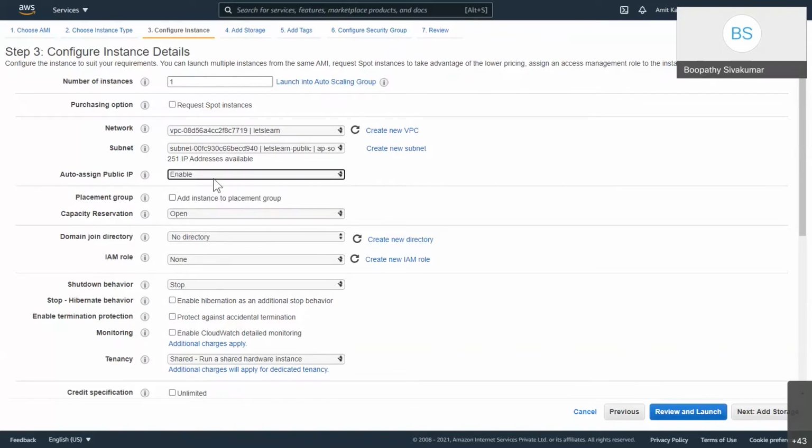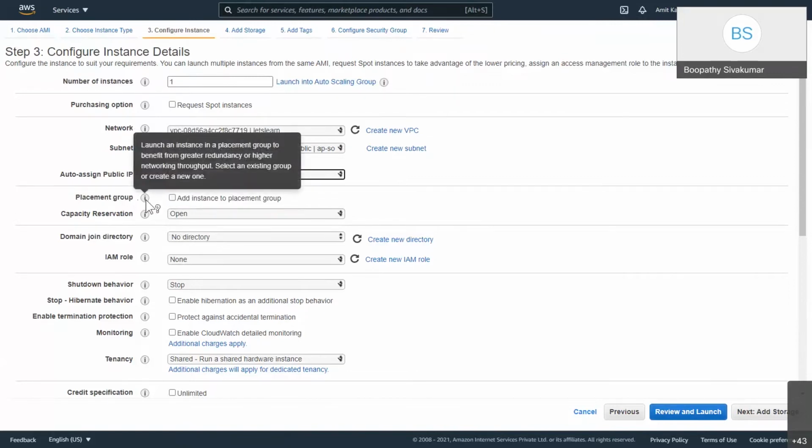Placement group, capacity reservation, these kinds of things, you will mostly not be needing. A placement group is where we segregate the group and decide where we need to place the instances.